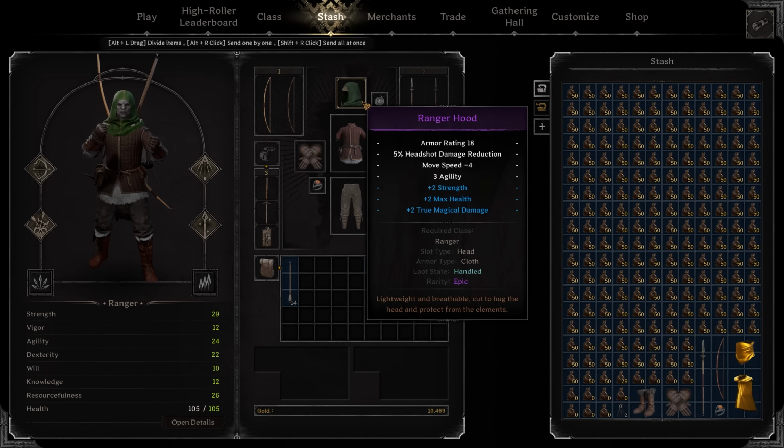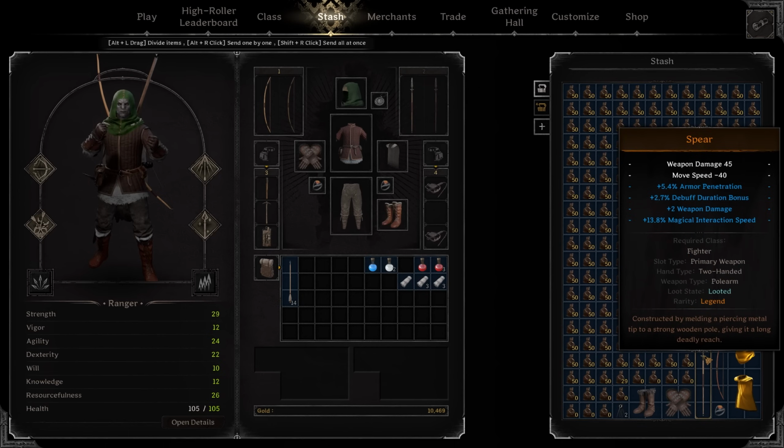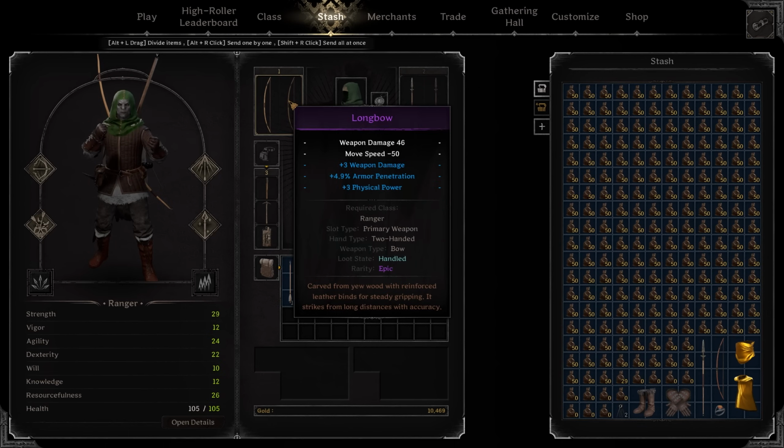I'm using this ranger hood because it's giving me strength and health, so it's a little bit of damage and some extra health, but the forest hood and leather cap give you vigor, and I like having the vigor for the rogue landmine. My spear, I'm just running a purple spear for the base weapon damage. If you do run a spear that you like, you're going to want some armor pen and some weapon damage on it. Pretty much the same stats that you would have for your